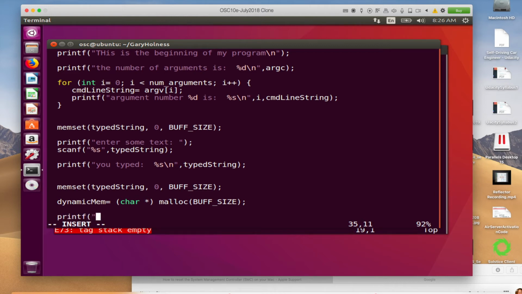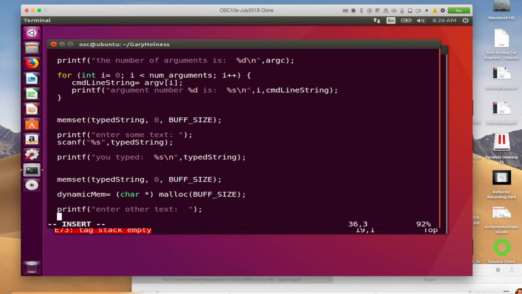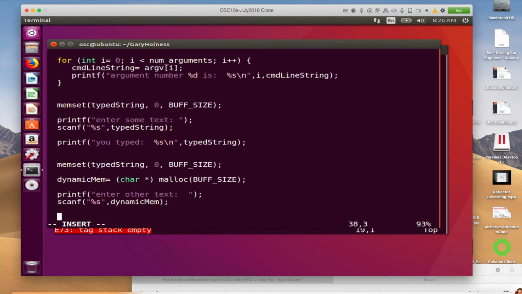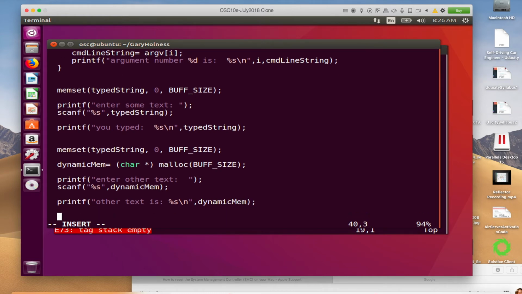Okay? So now I'm going to write printf, "enter other text," and there, I'm going to write scanf %s, and now I'm going to store what I typed the second time in dynamic mem. Okay, and then I'm going to print out "other text is %s \n", and I'm going to print out dynamic mem. And then the last thing I'm going to do is free